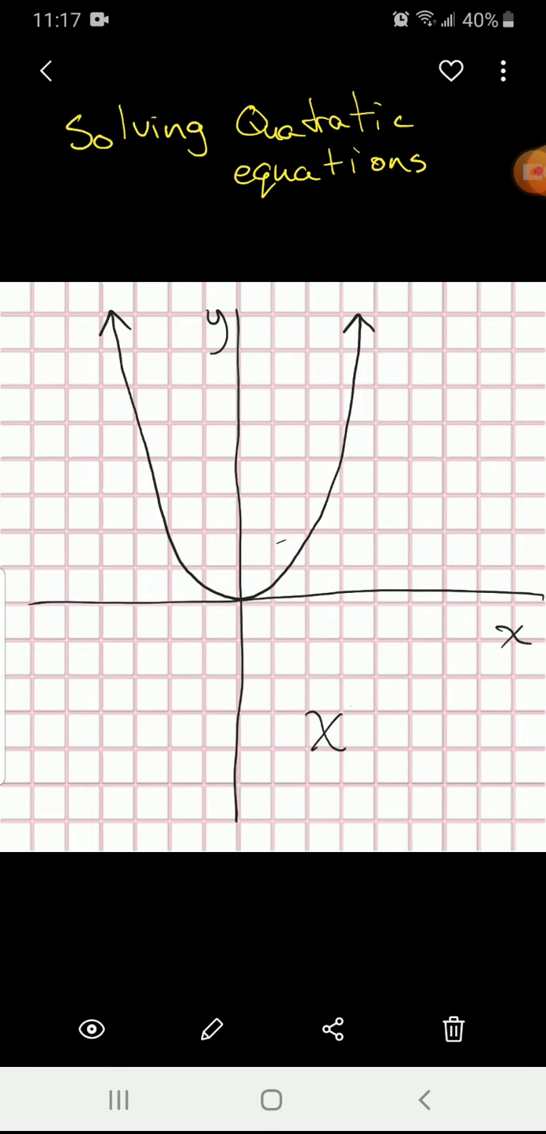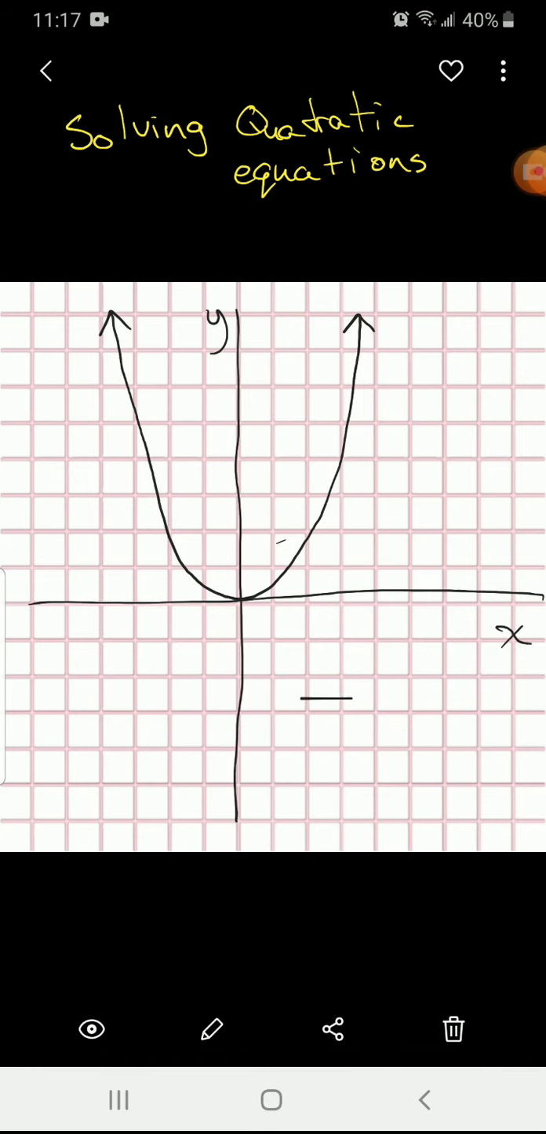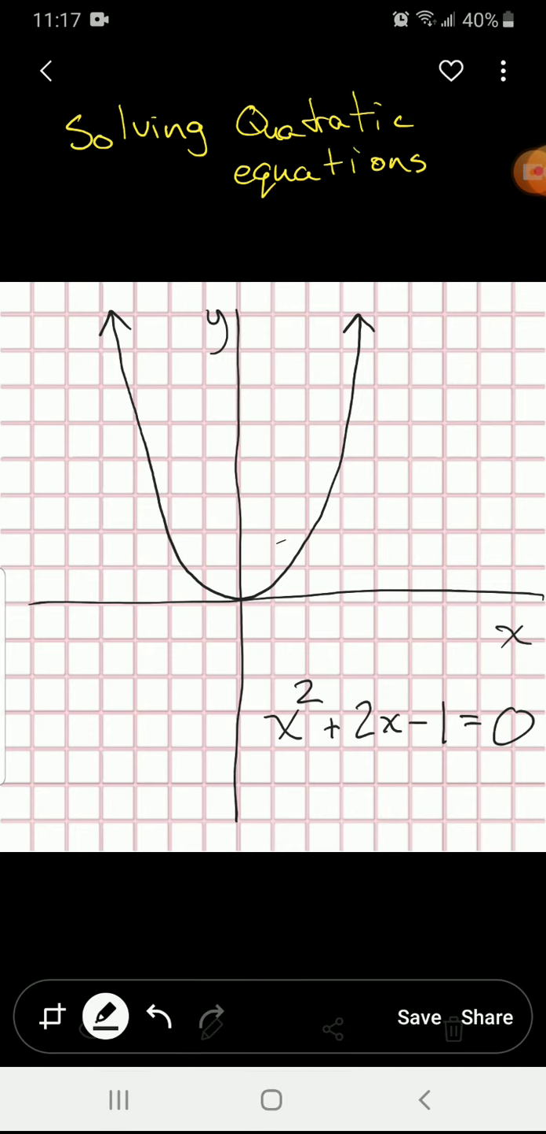equal, you'll have something that looks like x squared equals 0, or you'll have something that looks like x squared plus 2x minus 1 equals 0. And then you need to solve this. What this means when we're solving these quadratic equations graphically,